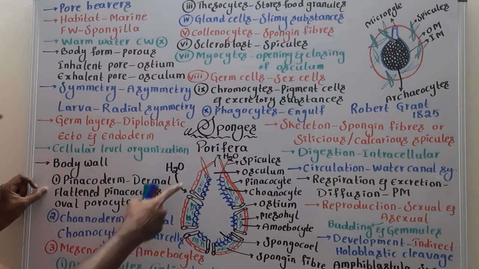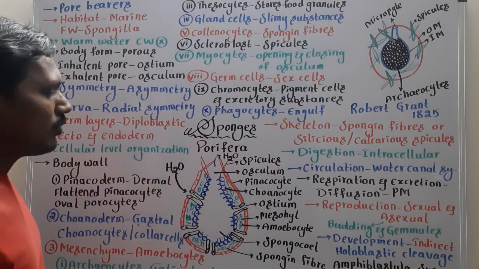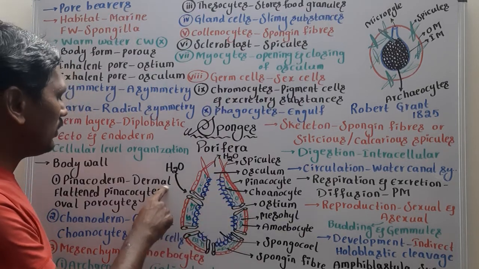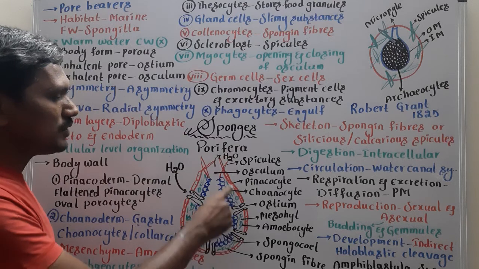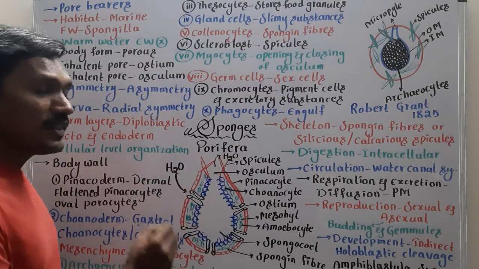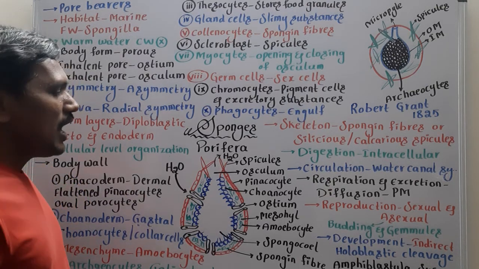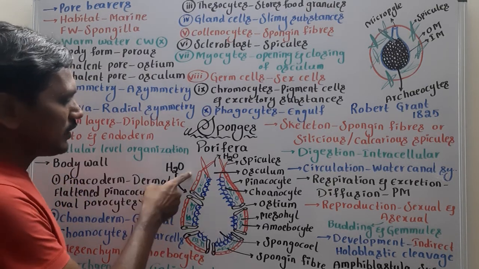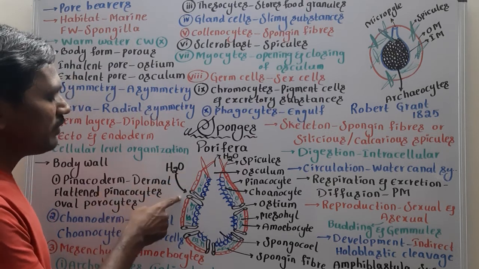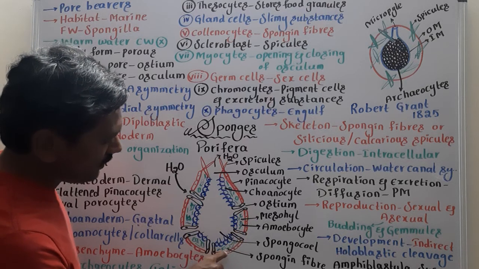We'll see the outermost, this red color layer is called pinacoderm. It's a dermal layer we call. Dermal means outermost, the covering layer is the dermal layer. It is the red color pinacoderm. The cells in the pinacoderm are called pinacocytes. And apart from pinacocytes, the ectoderm or else this pinacoderm will have the oval shaped